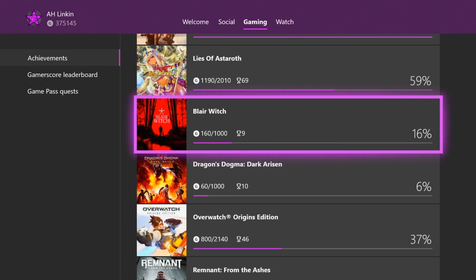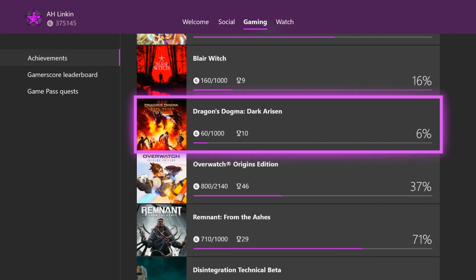Blair Witch, a game that I thought I was going to enjoy. Honestly, as you can see by my 160, even following a guide, I never finished the game because it just sucked so hard. Dragon's Dogma Dark Arisen, actually this might be my favorite RPG of all time, but I played so much of it on the 360 that I haven't gone back and played that much on the Xbox